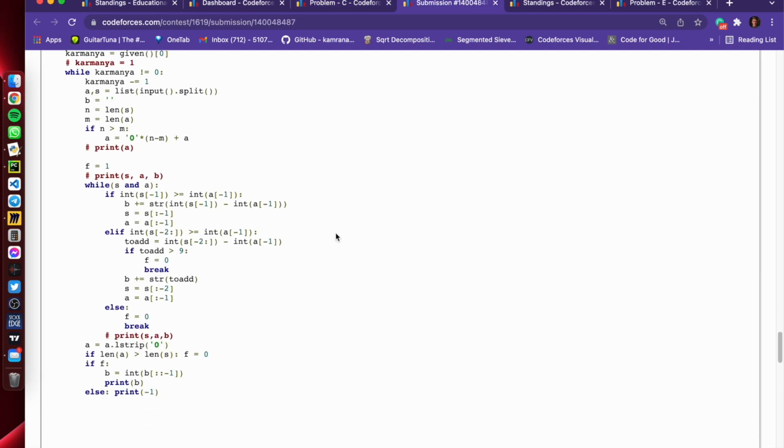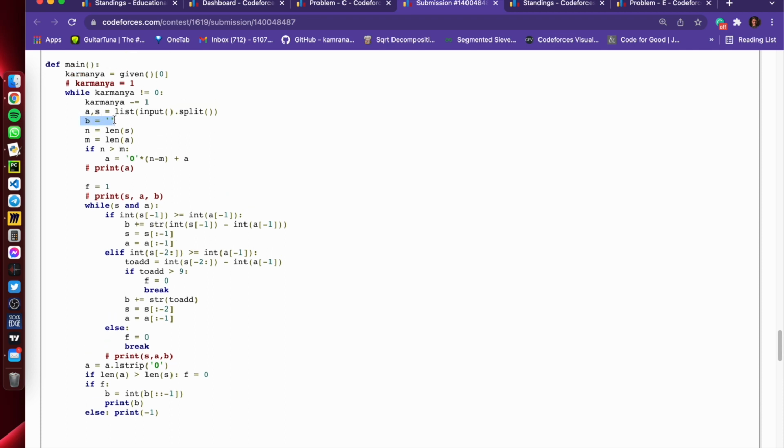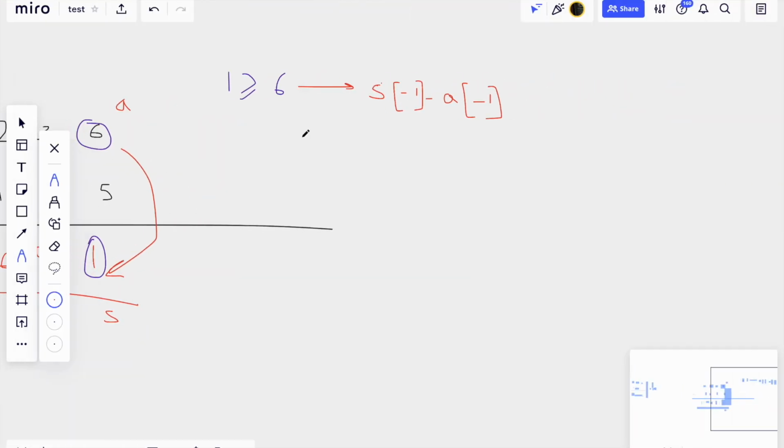So I take an empty string as b, and I take the length of the sum, the length of a, and this will be the number of digits present in the sum and the number. If n is greater than m, what this means is that the sum which I am obtaining is greater than the number, then I have appended zeros in front of the number. What I have done is,